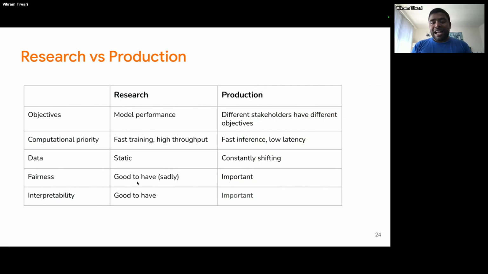Fairness: it's sad that it's not as important for models generally to have fairness, but teams are working on it, and it's still good to have. But in production, it's very important because you can't release a model that is not fair to different groups of people or different segments of audience or different segments of classes.